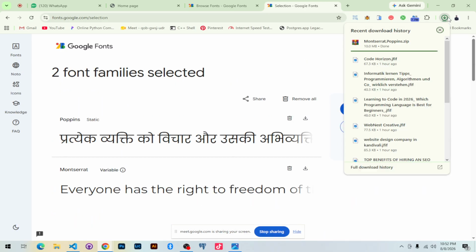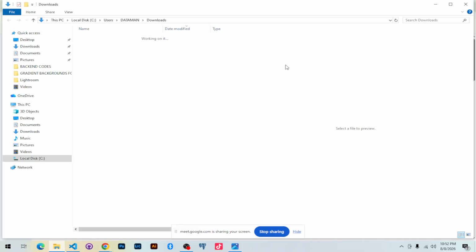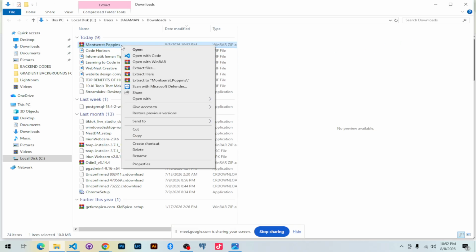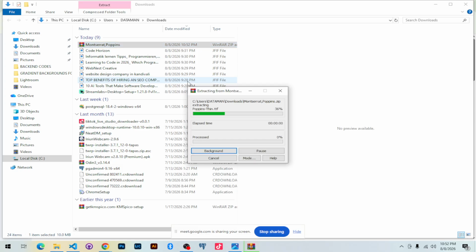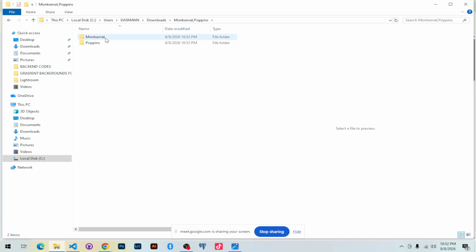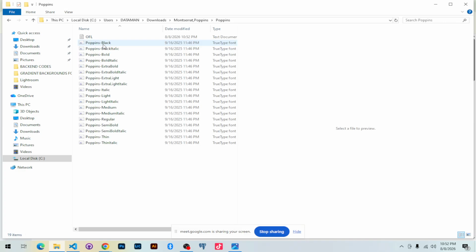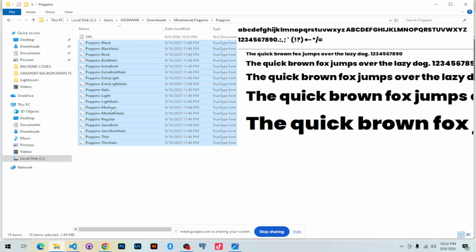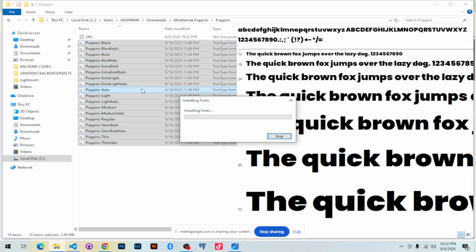I think it's downloaded now. Montserrat has been downloaded as a zip file, and I believe most of you know how to install fonts. Right click on the zip file in WinRAR, click on extract to this one, and it will extract to that same directory. Then click on the folder that got extracted, Poppins, and then Montserrat came. Select all of them, right click, and say install, and it will install them into your computer. If they are there already, they will give you a warning that this font already exists. Okay, you have to